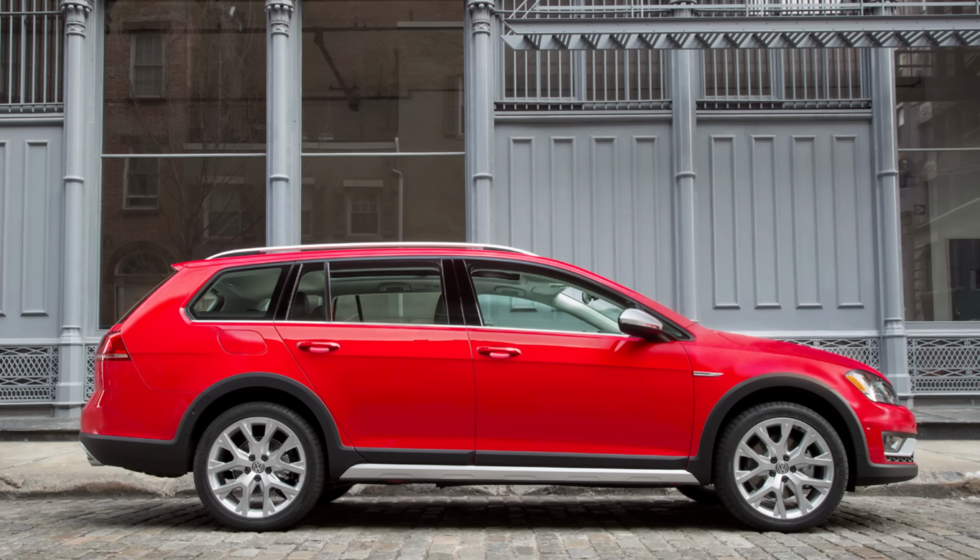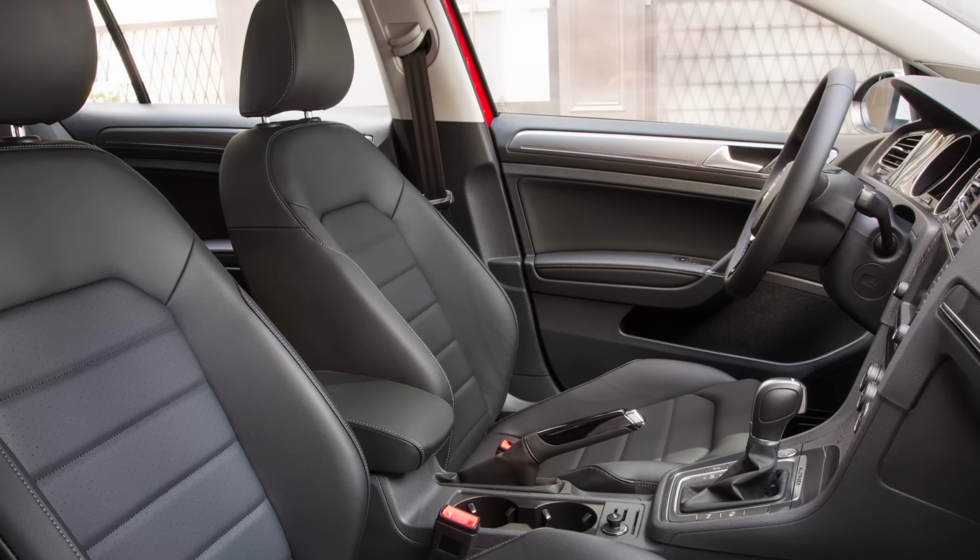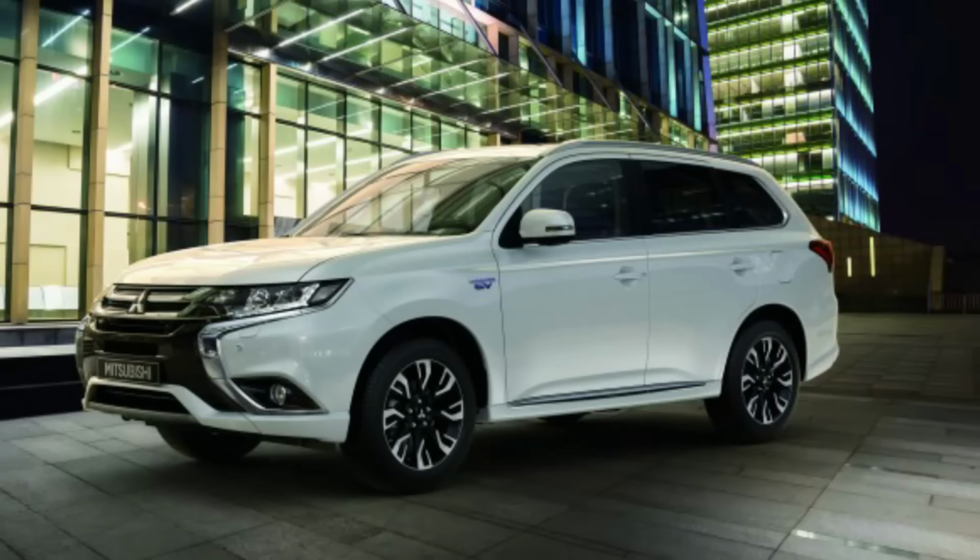Otherwise, it's mostly the same. And yeah, hopefully that'll sell well for Volkswagen, and I think it's a cool little idea to bring that to the States here. Another SUV that was unveiled in New York was the 2017 Mitsubishi Outlander PHEV, which is